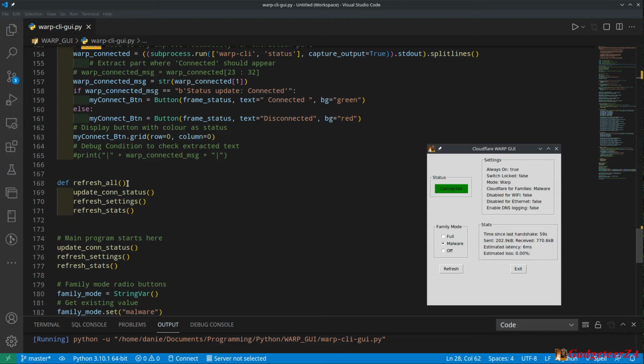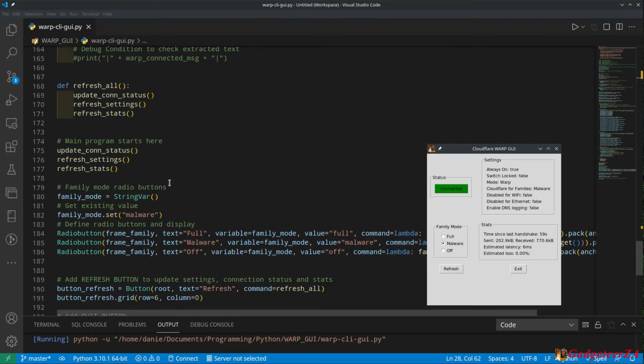The only other function left really was a function called refresh all, which is obviously used by this button as well. If you press that button, it'll essentially just execute these three functions that I've already defined up here, the updating and the refreshing of the status and the stats. Then the main program itself just starts here, and it starts by calling, I'm actually just realizing now I could reduce this to just recall refresh all, but it basically draws these over here by executing and extracting information,